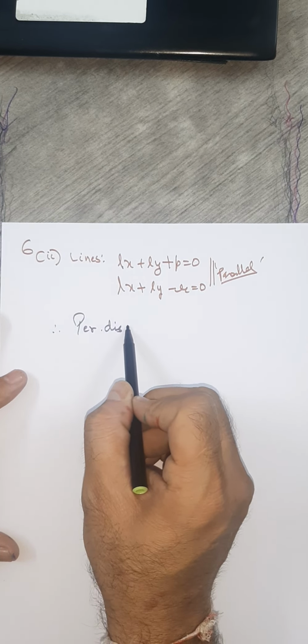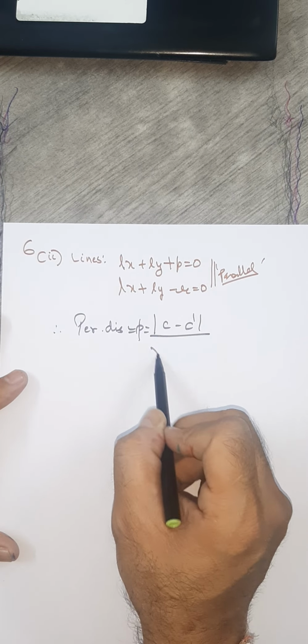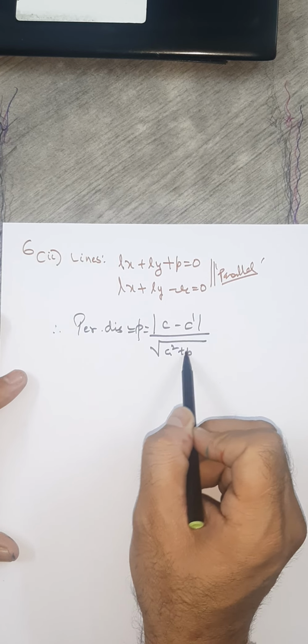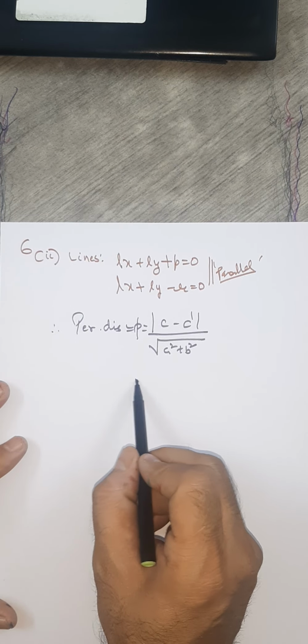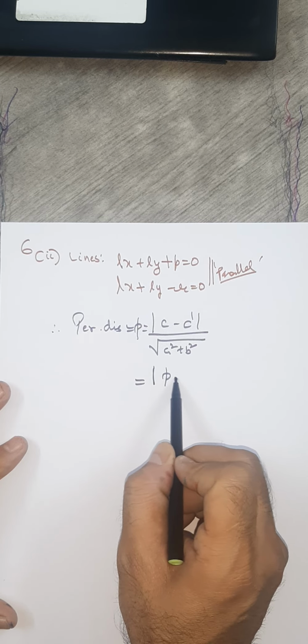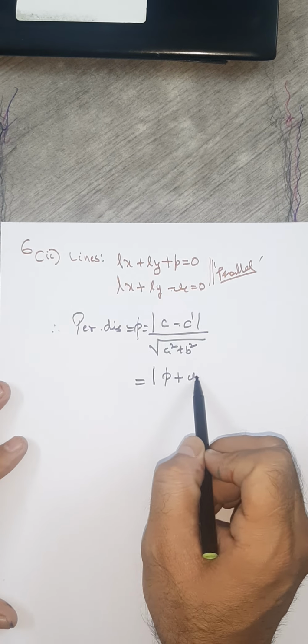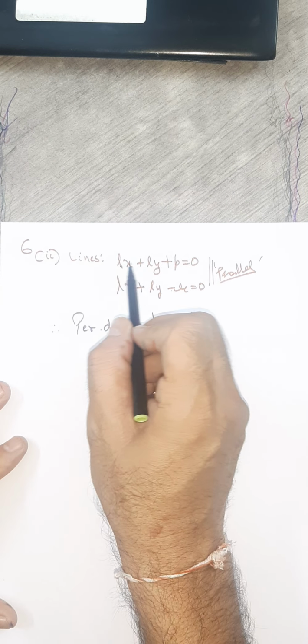The perpendicular distance, small p, equals modulus of c minus c dash upon under root a square plus b square. So here, for C you can take this or this, that's not important. So here p is this minus and this minus, plus r upon root of a square plus b square, L square